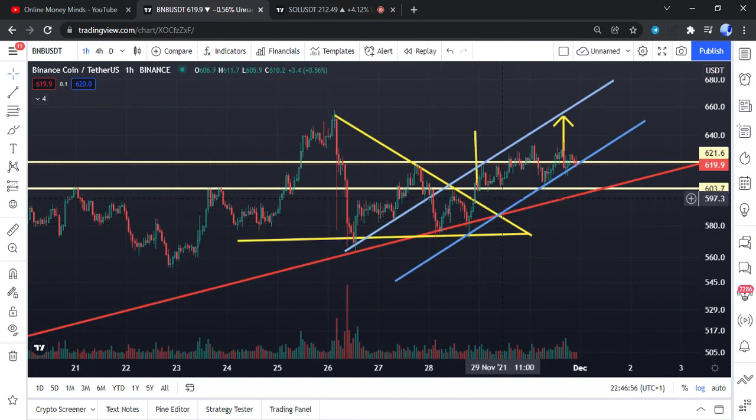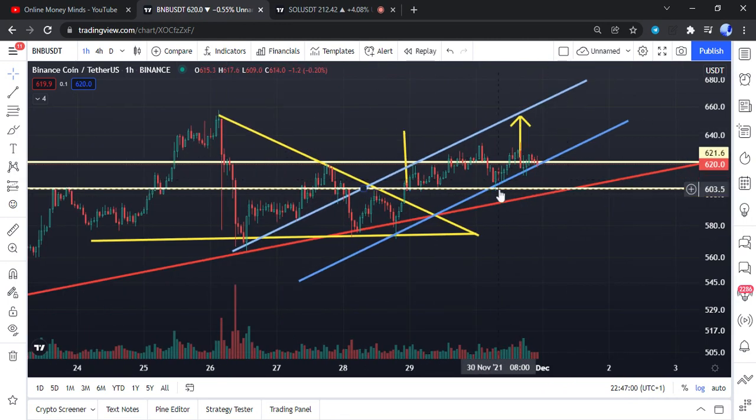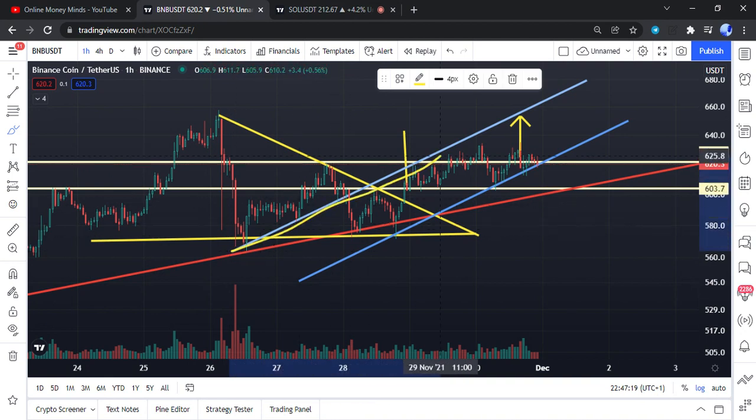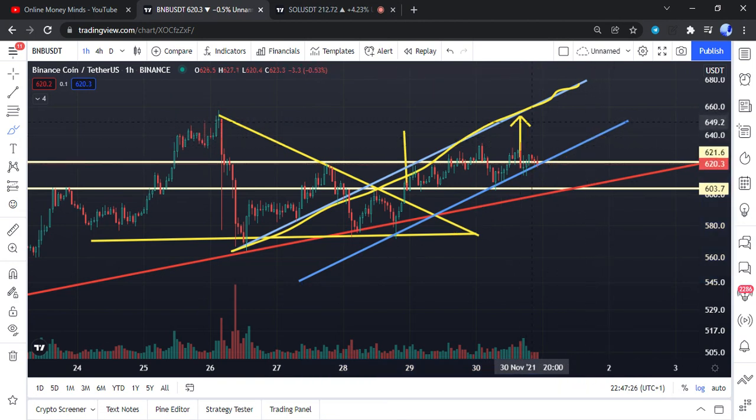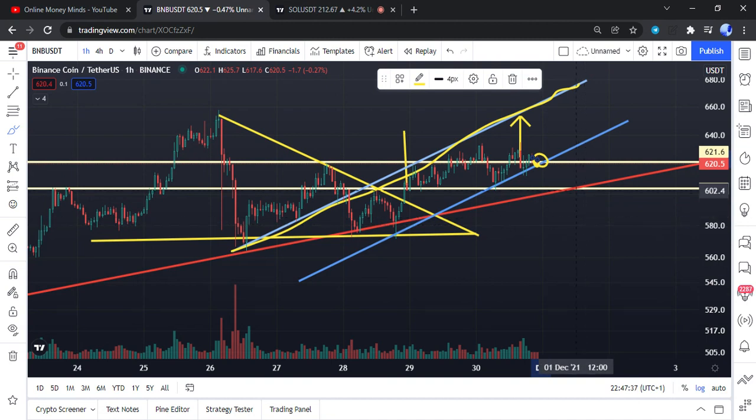So on the BNB trade, everything is actually working according to plan. As you can see, we are now moving along this kind of ascending channel. This blue line right here, this one you are seeing here, this one here, and this one here. So if we are to move along this blue channel you're seeing right here, then technically I actually want us to see a bounce from here, from this 620, though we did hit 635 earlier today, but because the market is coming to an end for the day, we have lesser volumes right here. So once we bounce from here, definitely we're going to be hitting our target with